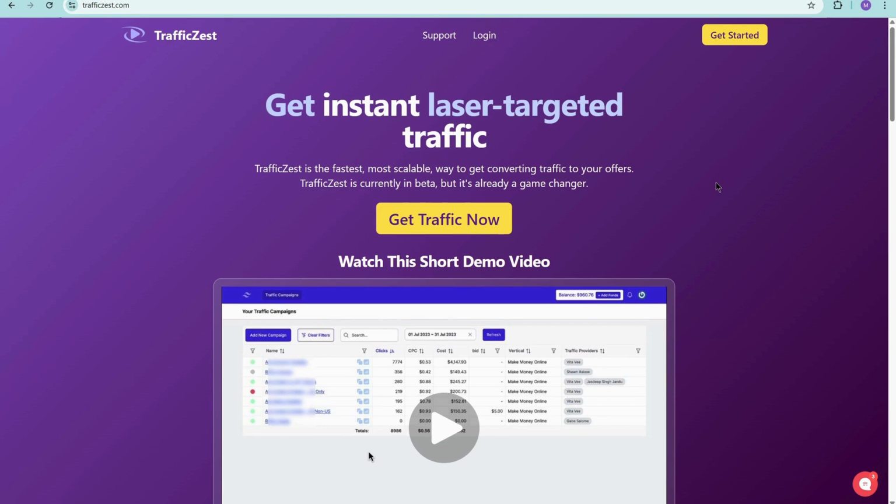The vendors that are part of the system are really good quality vendors, and they are monitored on a regular basis to make sure that the quality of their traffic is really good. So I'm going to be providing you a quick walkthrough of the system just to show you how easy it is to set up, and then we can go from there. So I'm going to log in quickly,